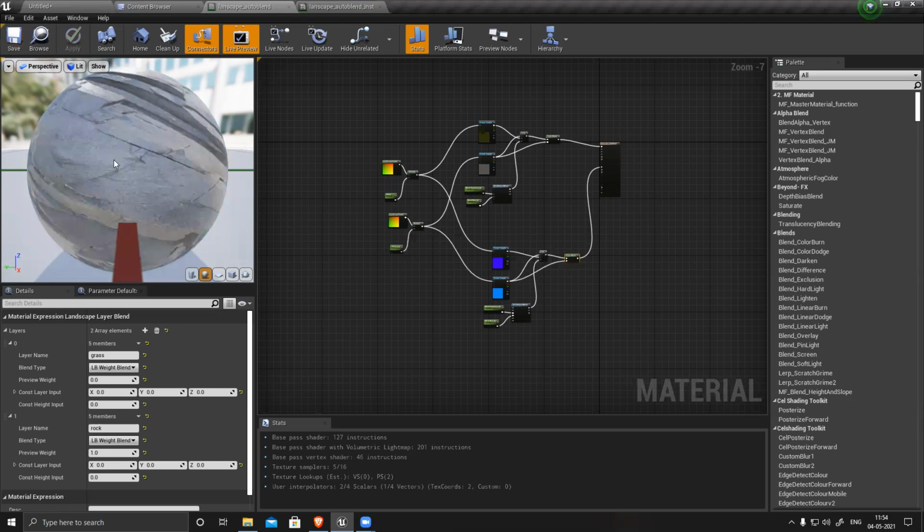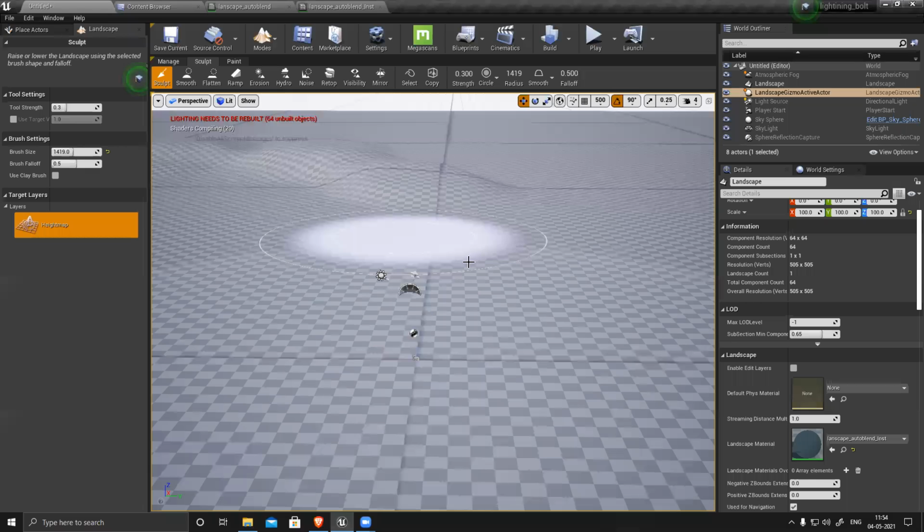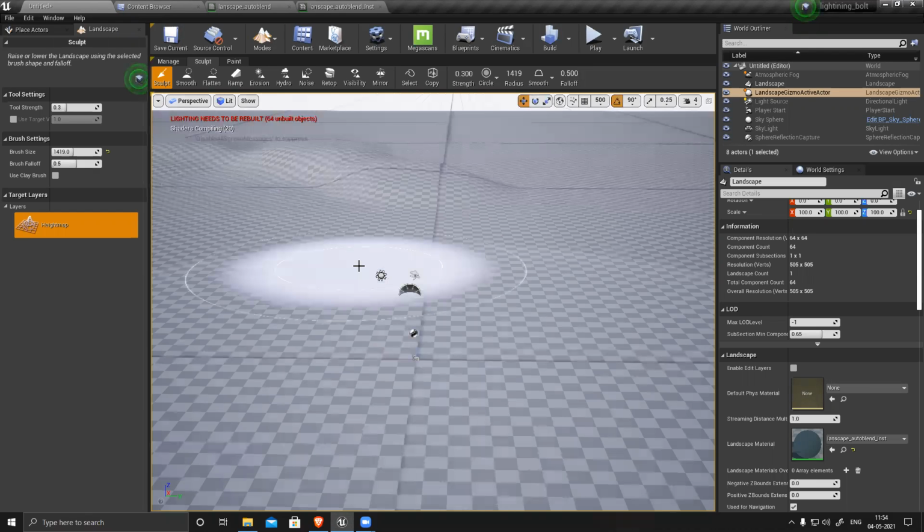You can see now the preview is visible. So this is compiling. 29.